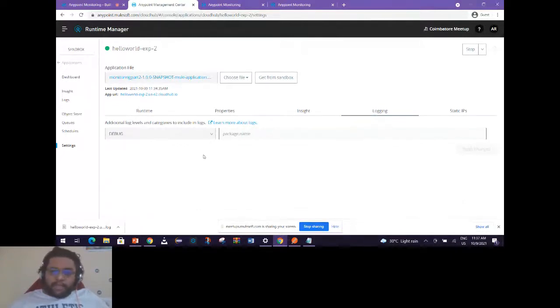To add on to what Sanjana said, runtime manager comes out of the box for customers, but Anypoint monitoring is an add-on tool which has more capabilities than runtime manager. There is additional cost involved when you want to purchase Anypoint monitoring capabilities. Customers who don't have Anypoint monitoring can also do that via runtime manager. Okay, cool. Thank you.